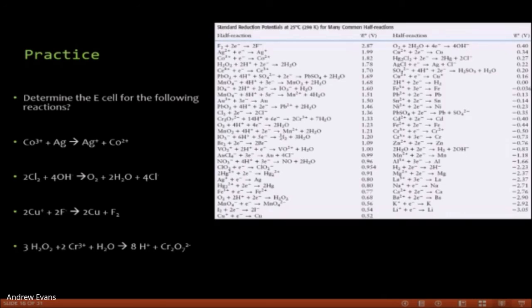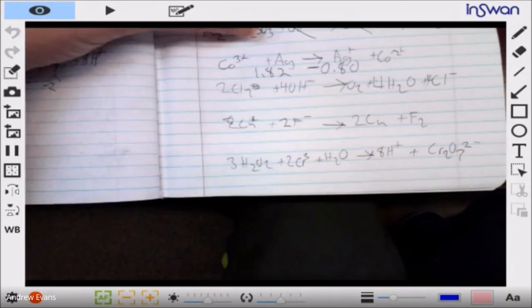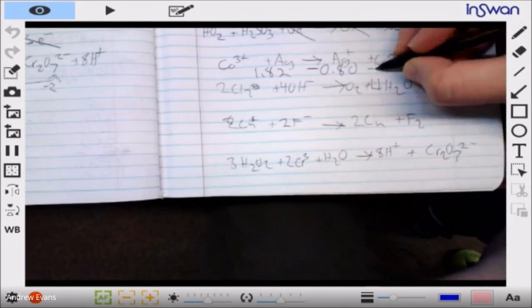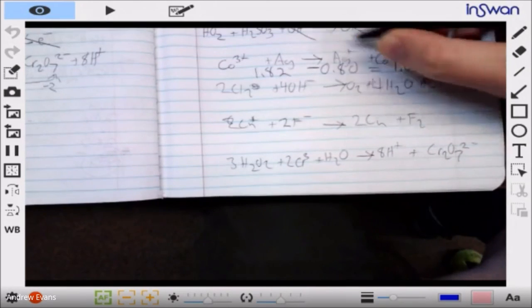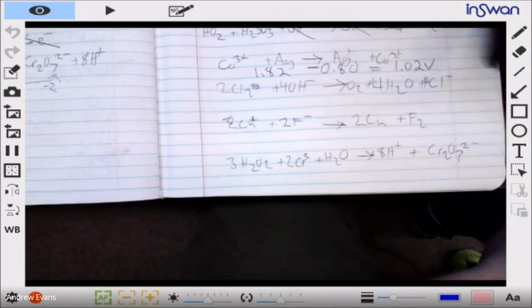So going to the doc cam just real quick. We have 1.8 minus 0.8. So our cell potential is just going to be 1.02 volts. Straightforward. Now,